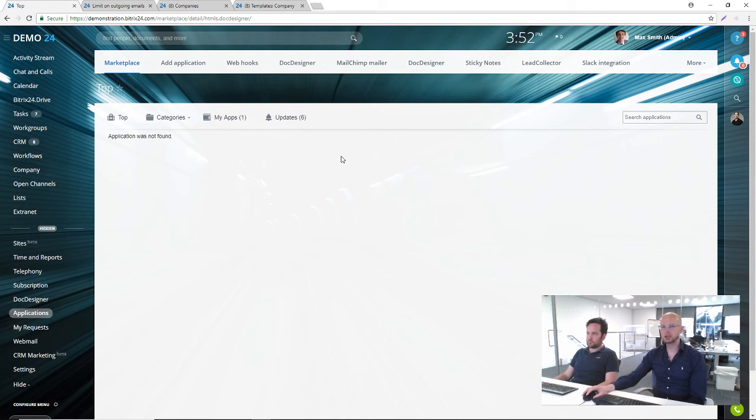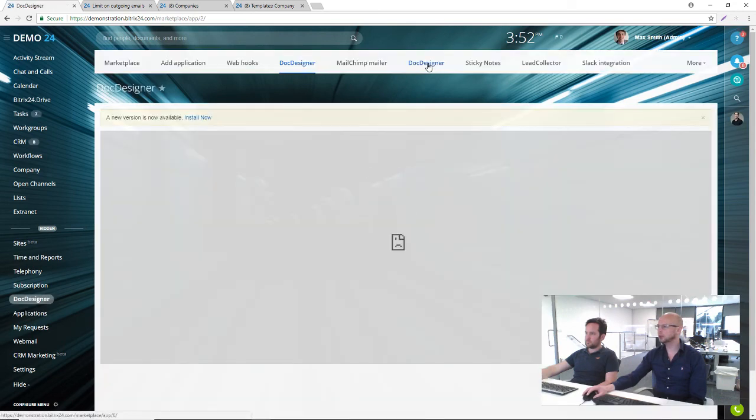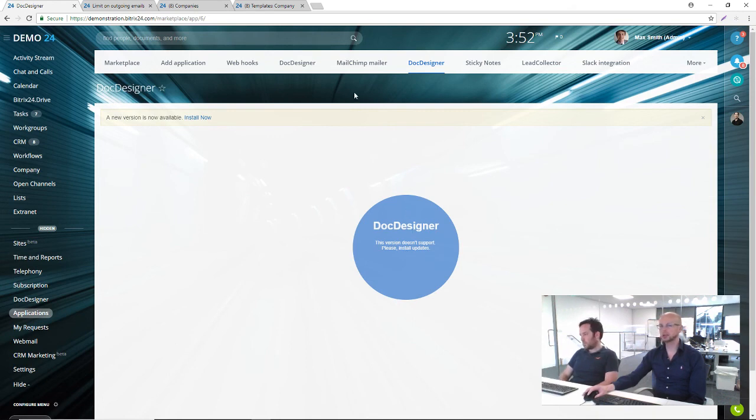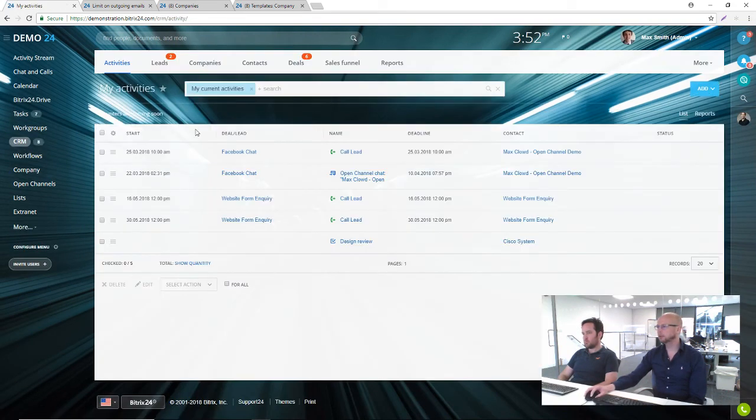Bitrix are launching a full revamp of the way PDFs are designed. You've got Doc Designer, but coming soon is a full PDF Designer feature, a Bitrix product built into the tool. So, of course, when you go into the CRM, if you generate